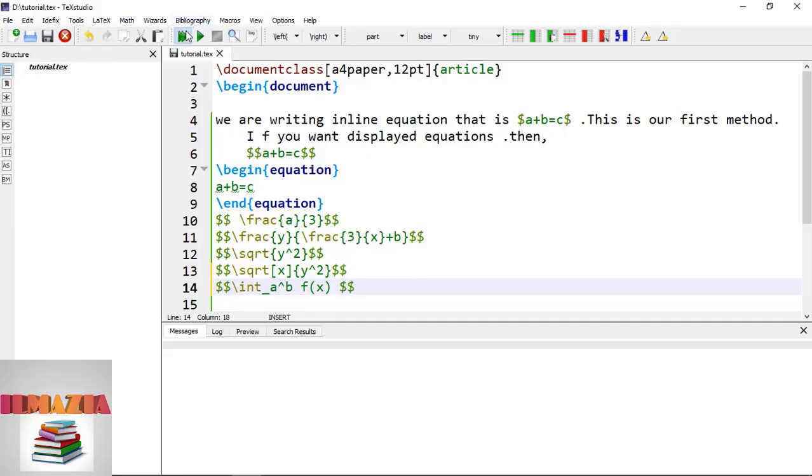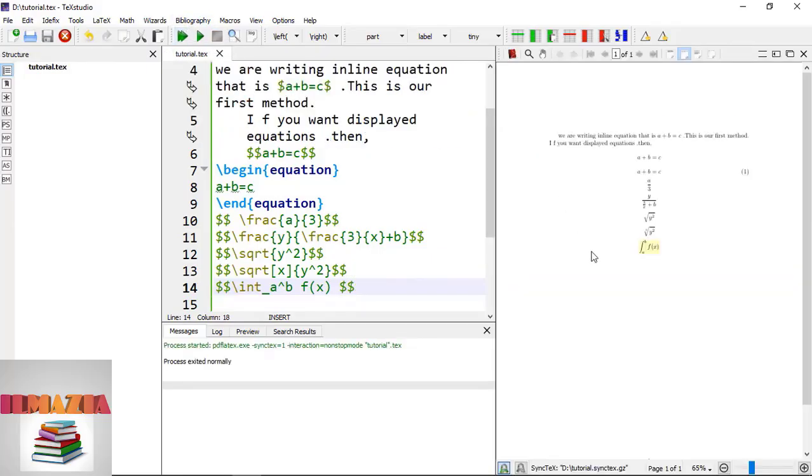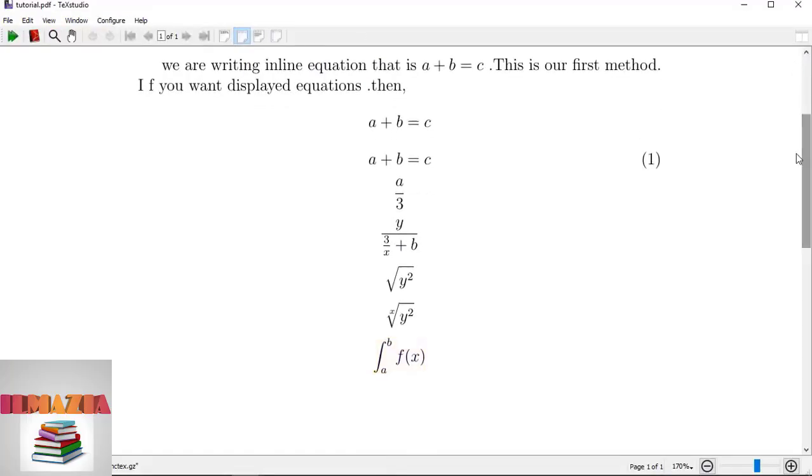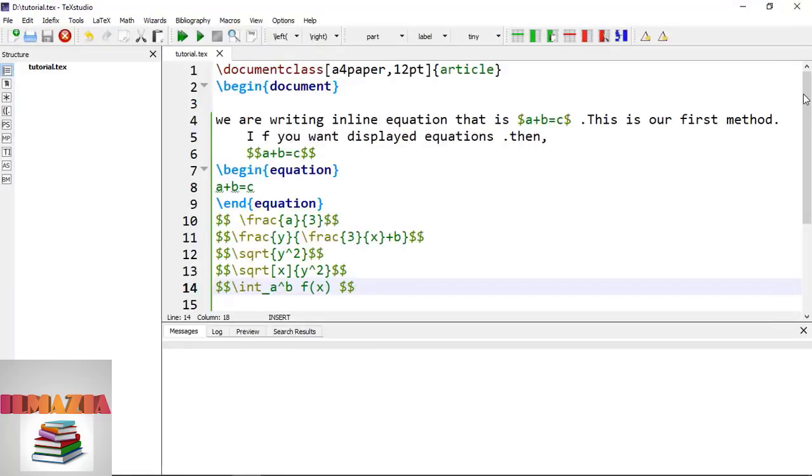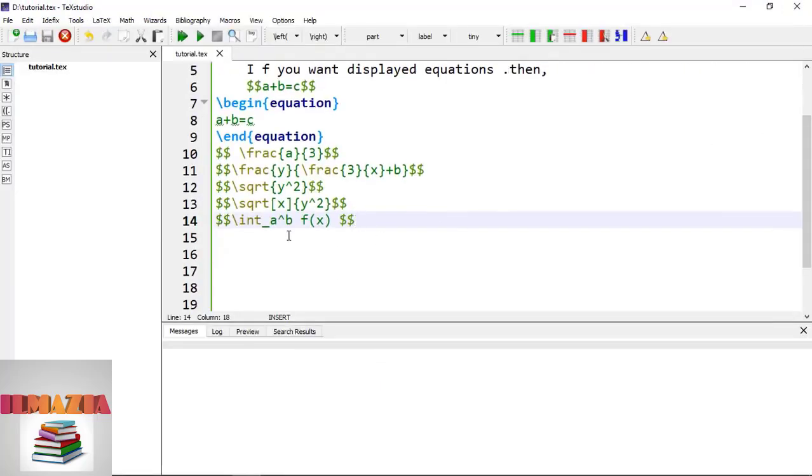Now let's compile it. You can see the integral equation. This one is the integral. So in this way you can add your own lower and upper limits,